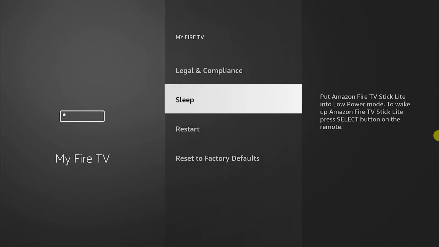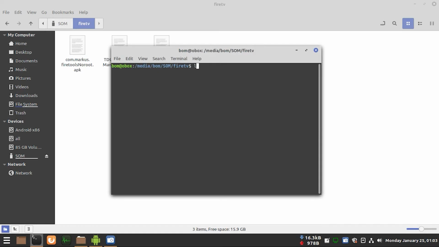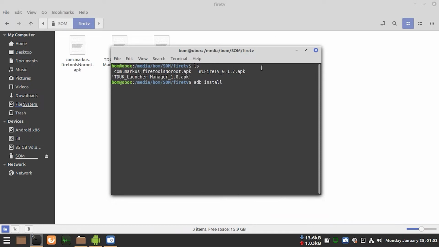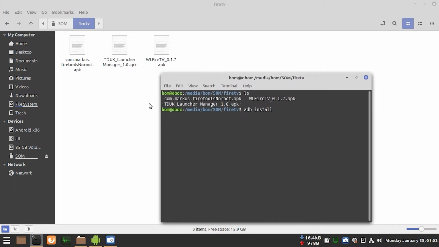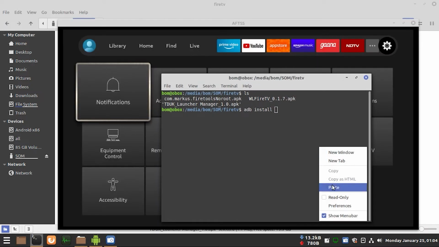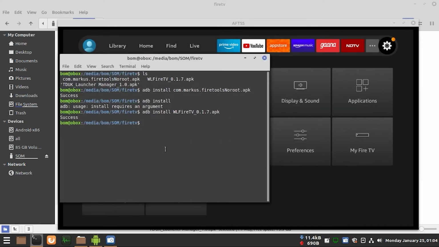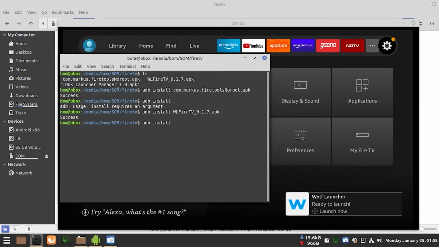So after doing this, now if you have a desktop or laptop, let me show you how you can install remotely via ADB. So note the IP address from the About device section of the Fire TV Stick, then type adb space connect, then the IP address, whatever the Wi-Fi IP address is in your network, then connect via Wi-Fi. You must be on the same Wi-Fi network, your laptop or desktop and your Fire TV Stick. Then write the command adb space install space and the APK name or the APK file, and it will be installed directly via Wi-Fi. And here you can see it has been installed.